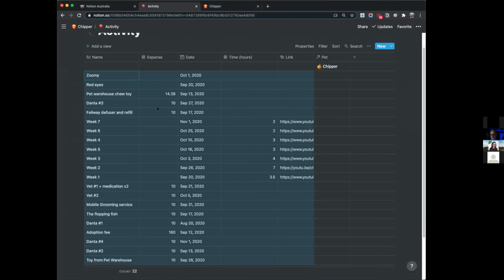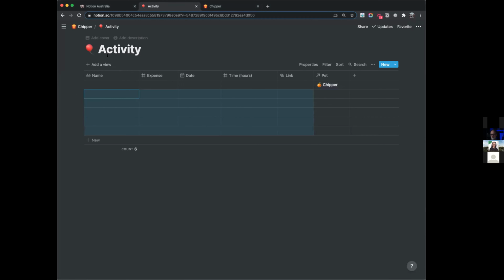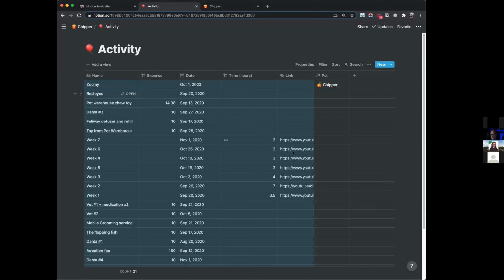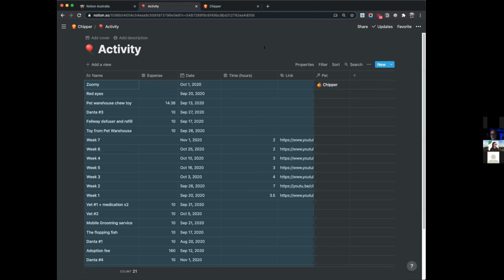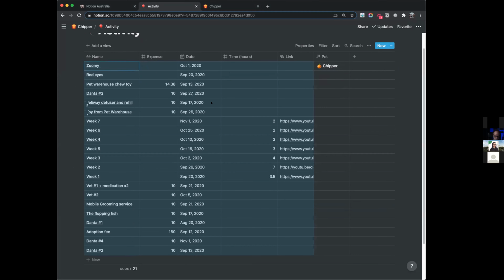Cool. So I've got some items here. You can always migrate from another database by just selecting these things. And then what you do is you don't click into one cell. After you select it, you click outside of it and it becomes blue. Then you can copy paste and it will keep all of the order of the columns and rows, which is fairly handy if you are migrating data from a different table to your current table.